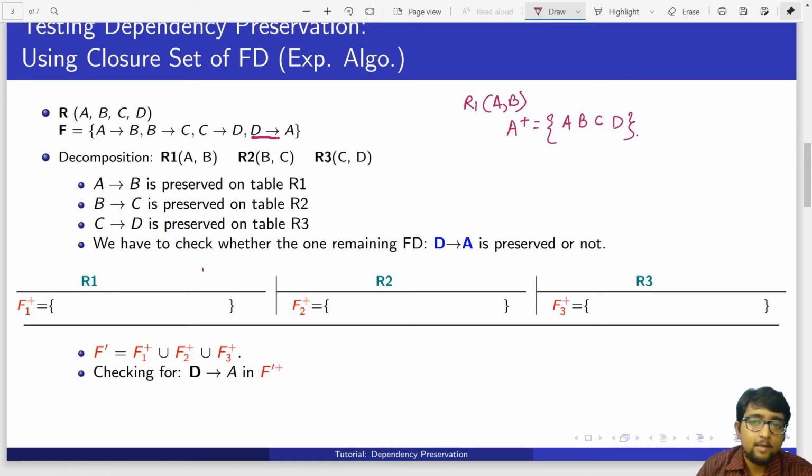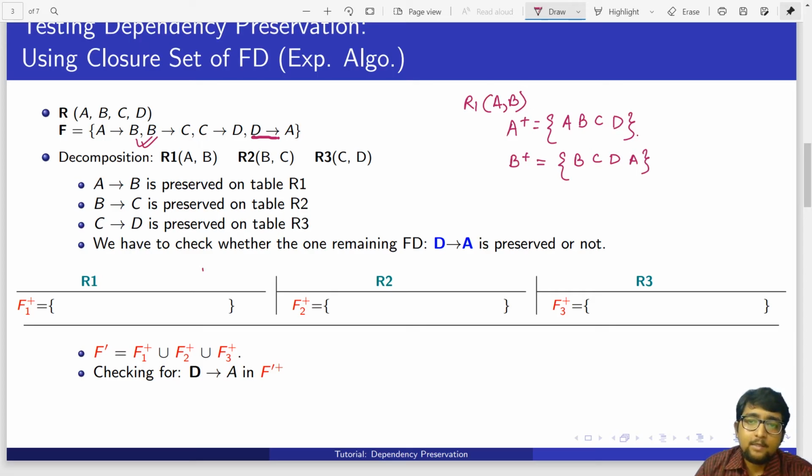correct? Please mind that we apply the functional dependency rules on the parent functional dependency set. So while calculating A plus, we will check this functional dependency set. Okay, so we get ABCD, and with respect to B plus, we would get B goes to C, C goes to D, D goes to A. So basically all of them again. We get B, C, D and A. Correct? We got all the attributes.